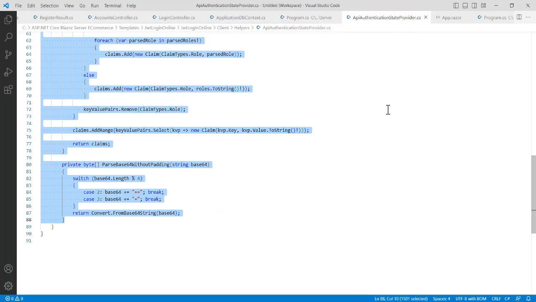Now the next thing that we can actually do here after creating a custom authentication state provider is we have to now create our service. Now this service is what we're going to use to render to the client. Okay, so